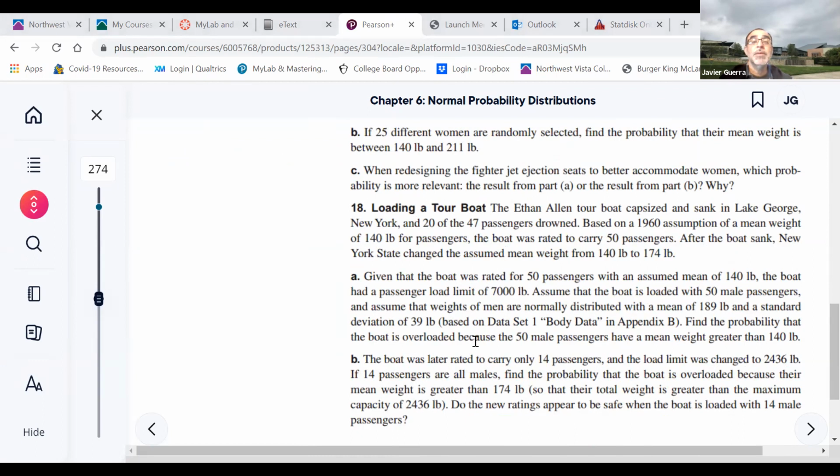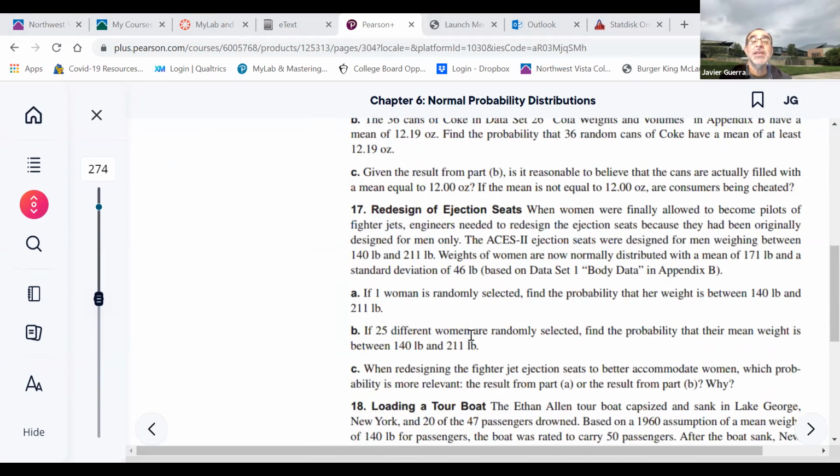Number 17. Redesign of ejection seats. Ooh, that's a good one. All right, that's a good one. All right, so